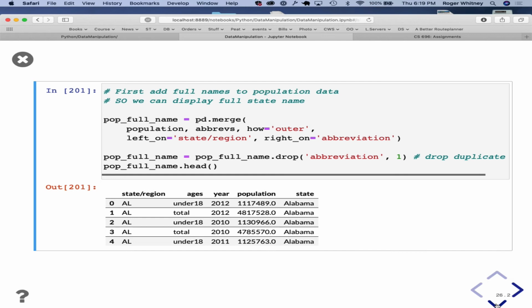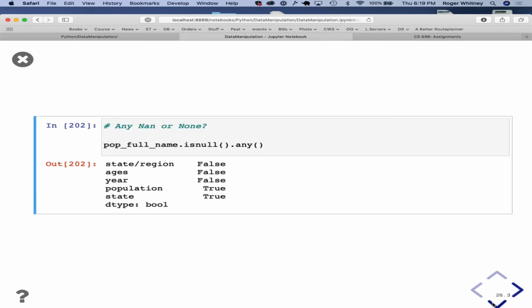So now I get the abbreviations and population, and I'm keeping both, since one had abbreviation, one had state name, which is probably redundant. Are there any missing pieces of data?